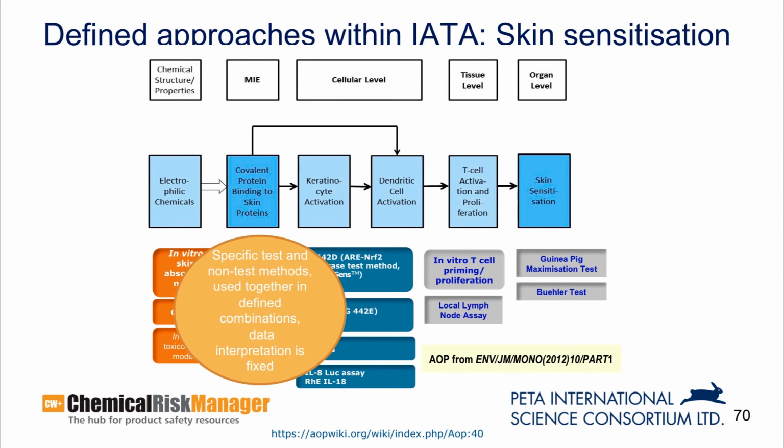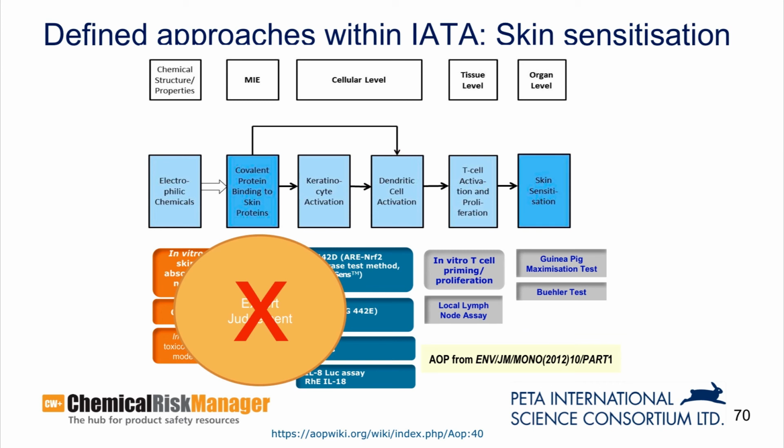there are these different test methods, there are non-test methods, they can be used together in defined combinations. We can provide a prediction algorithm or a data interpretation protocol, and that's fixed. And that obviates the need for some expert judgment in a weight of evidence type of approach, and that's kind of reflected in the next bubble. If you move to the next slide. That's not to say that expert judgment goes out of the window entirely, of course, but in this particular case,